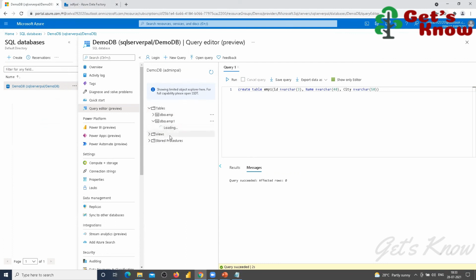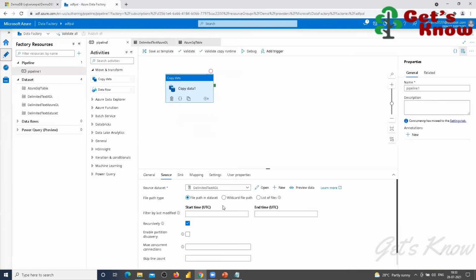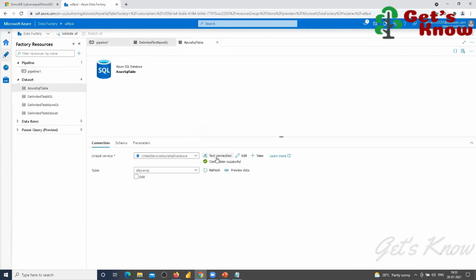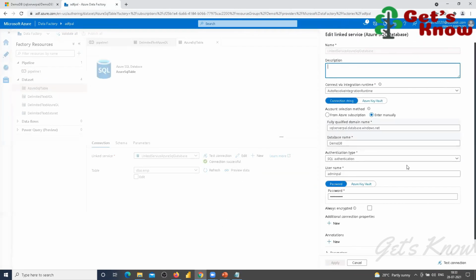Now, instead of employee, we will try to use this table as a destination table. Just come to this one, sink, open your source, sorry, this linked service and test connection. It will be fine. Then I'm going to edit it.